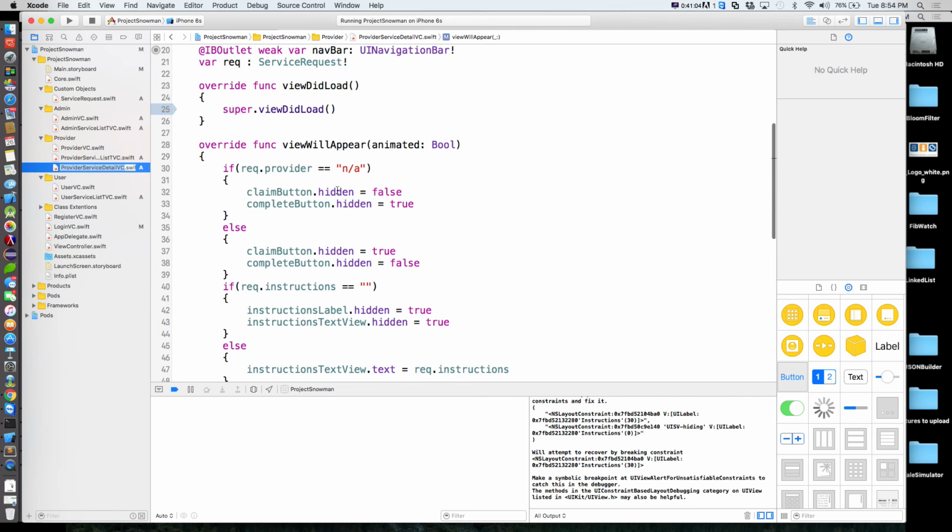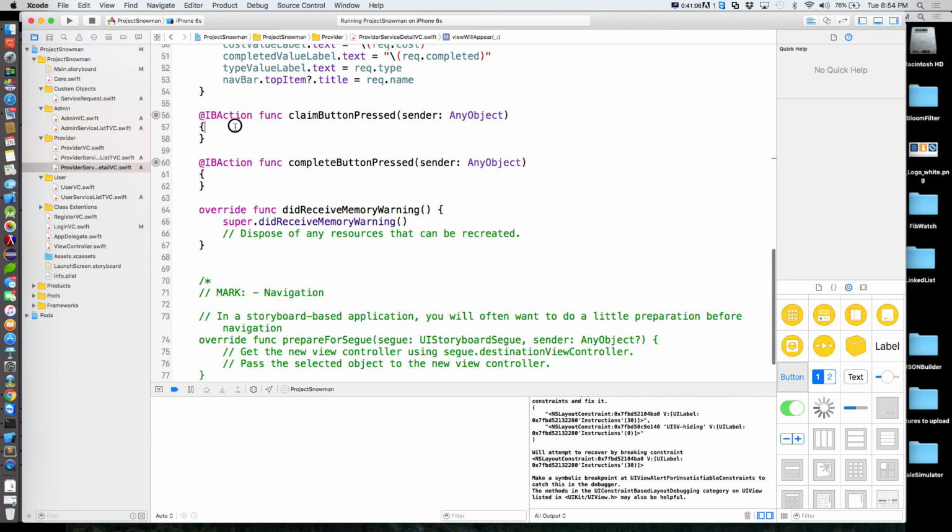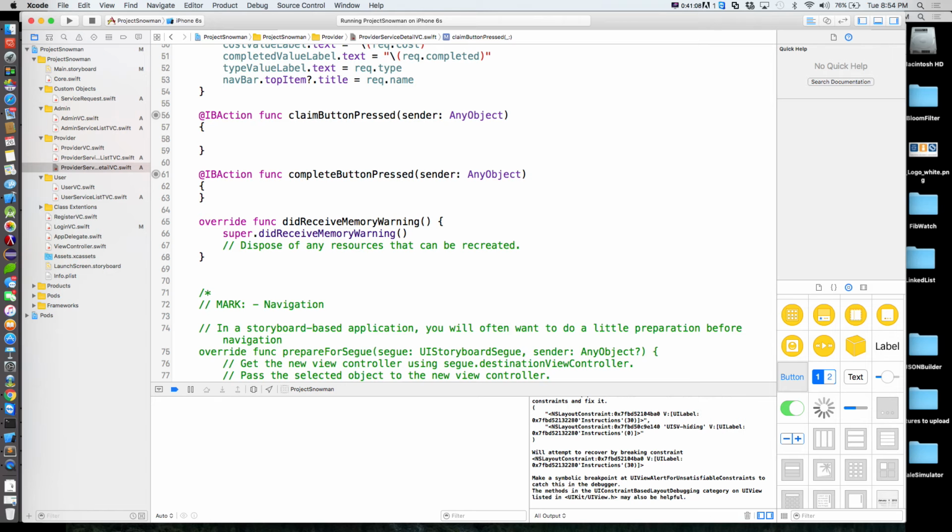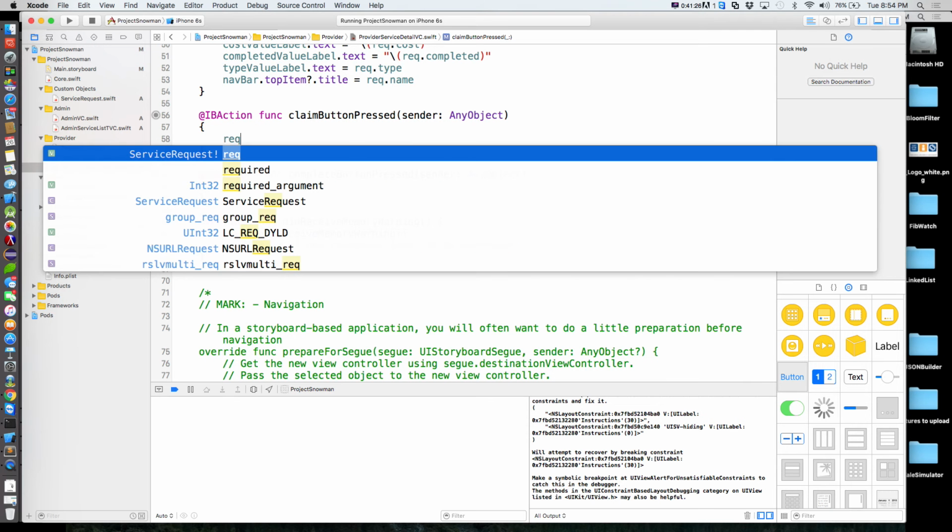Let's detail. Here's the claim button. So what we want to do is we have the request. We're going to go ahead and set the provider to us, then save that to Firebase. Let Firebase let our table view know about the update, and it should then update on its own, right? So we're going to go ahead and say